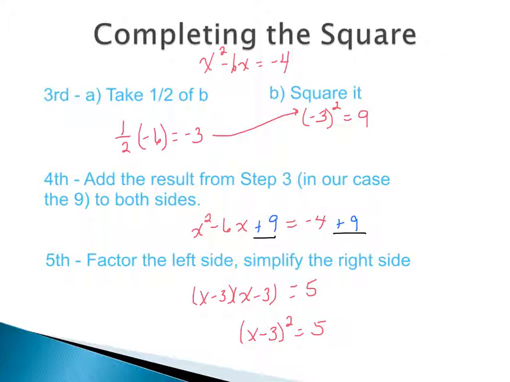Another thing to note is that this minus 3 is actually the same as the minus 3 that we got when we took half of our middle term coefficient. That is always going to happen. Now you might think, then why do I need to square it back up in that step? Well, we had to square it because remember we were adding the 9 to both sides. If you forget to add it to the left and to the right side, then you're not going to end up with the correct answer at the end. So we move our constant over, we take half of the middle term coefficient and square it, add that number to both sides, then we simplify the right, factor the left, and it should factor into some quantity squared. That's us completing the square.